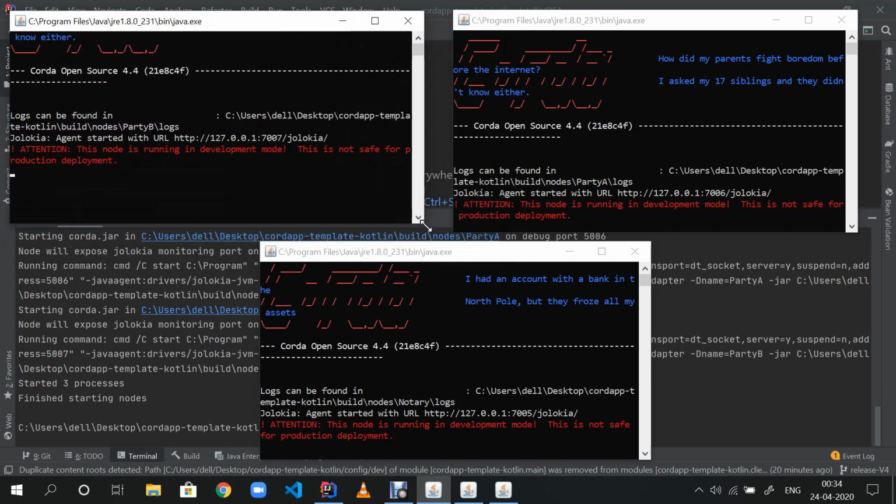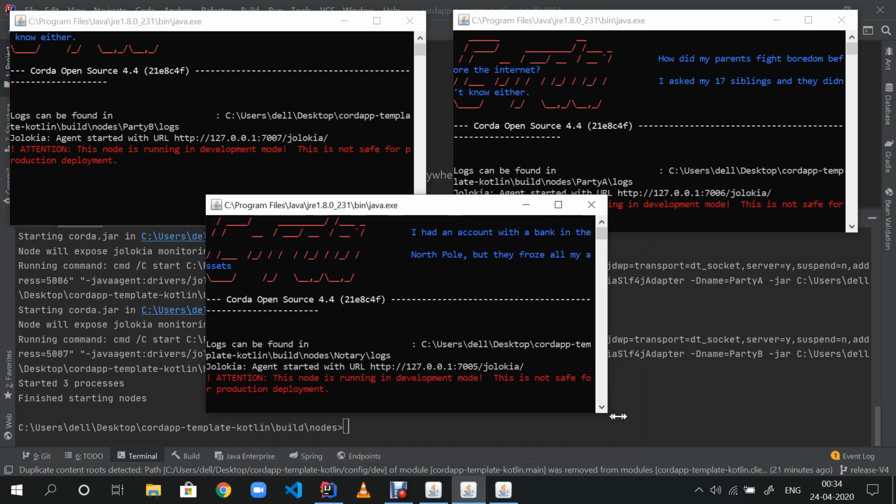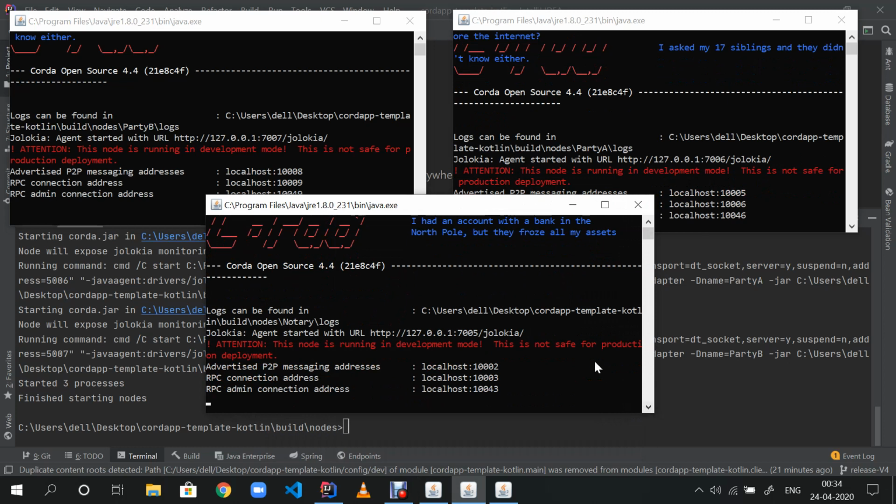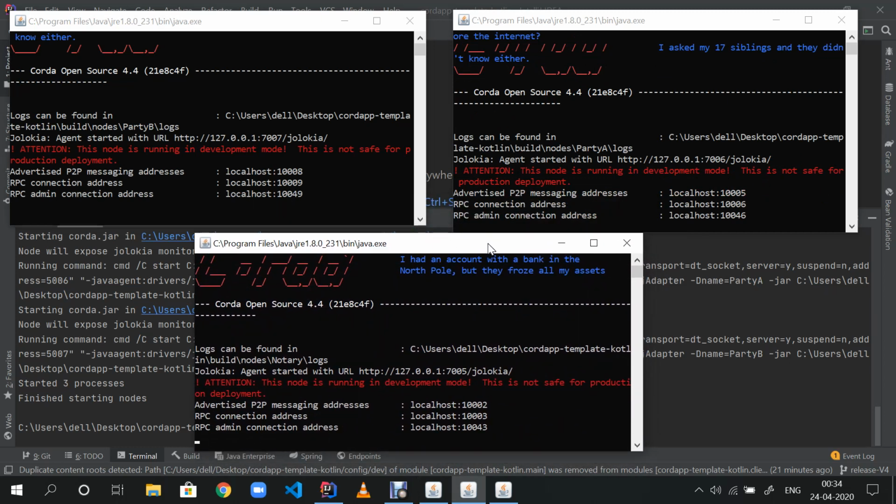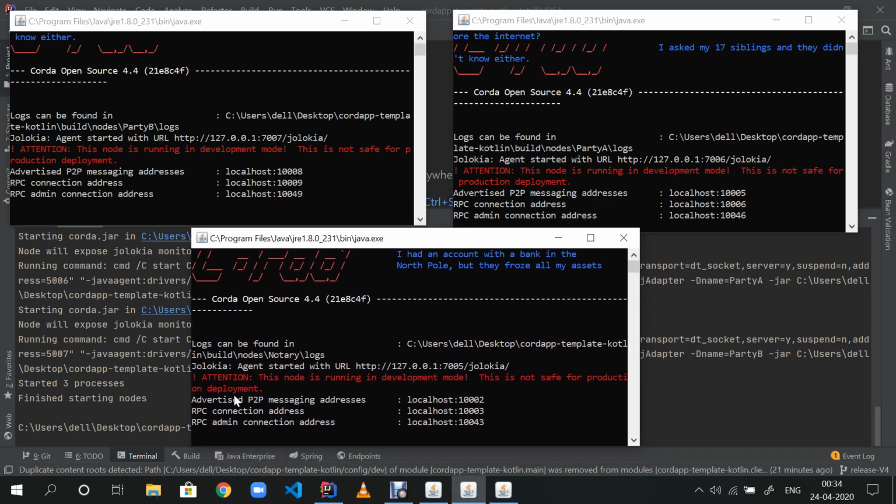You can read these lines in the meantime because the Corda nodes take up some time to process all the information and give you a full-fledged node. Just a little bit of information: this gives you the RPC connection address and RPC admin connection address.